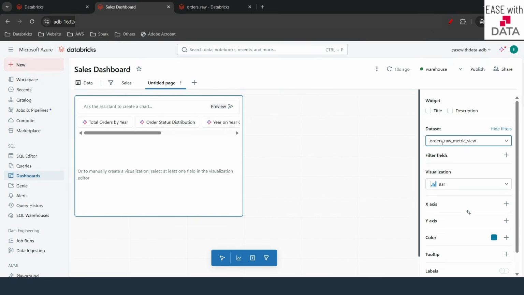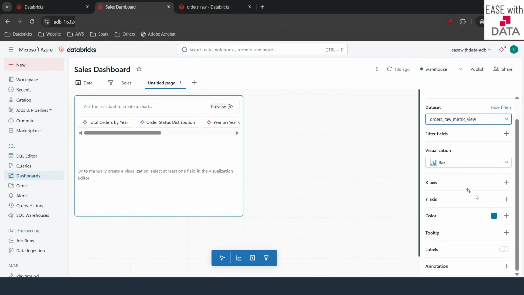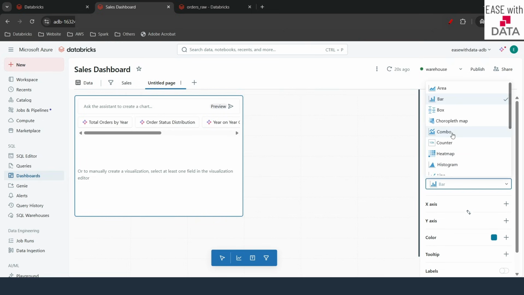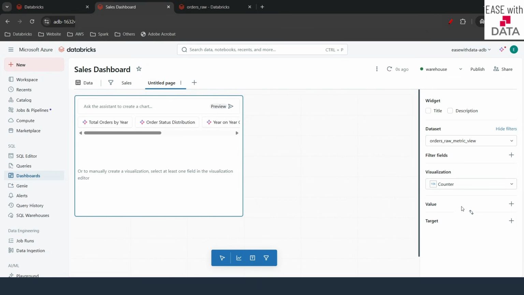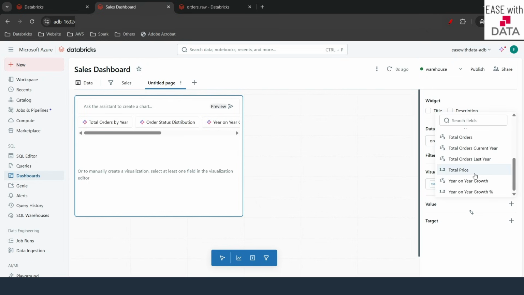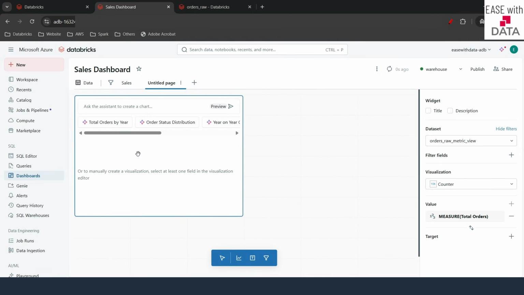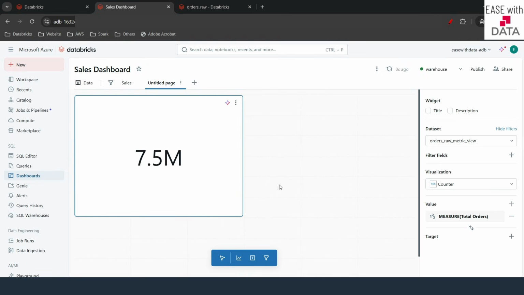I've just selected the data set as orders from metric view. Now I'll just select the value. So I'll just change the visualization to counter first, and I'll select the value as total orders. Okay. As soon as I do that, it would give me a value of total orders. So this is done, and now you see total orders. So I'll just add title here